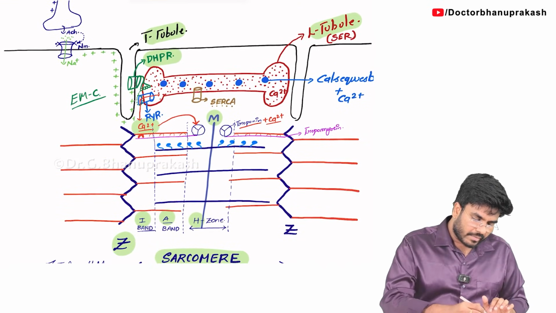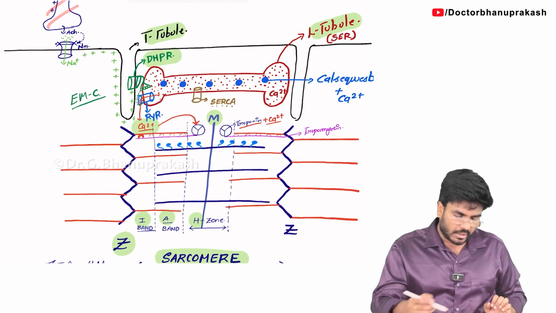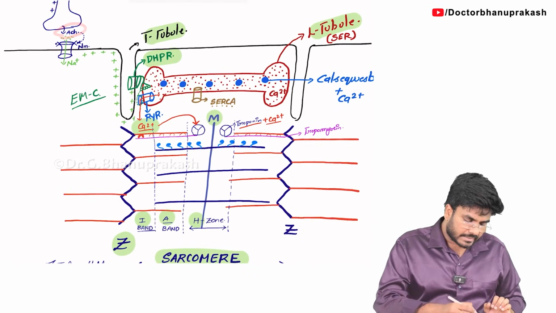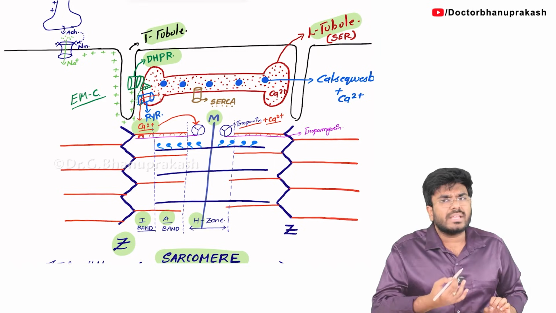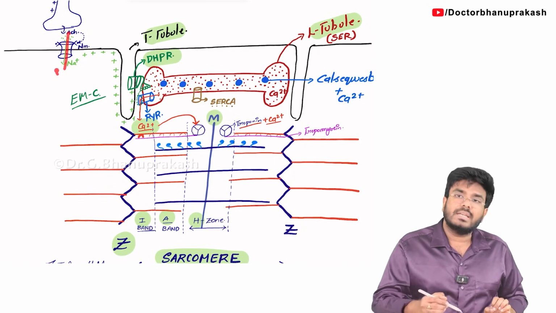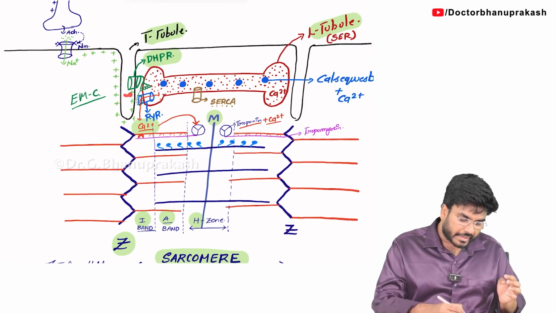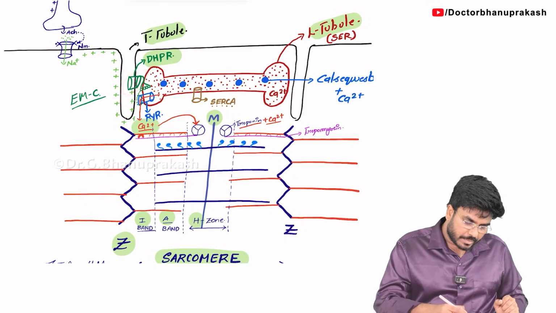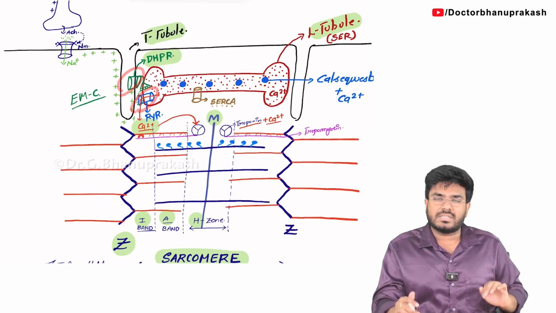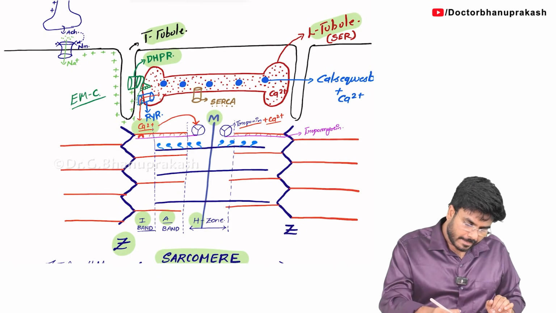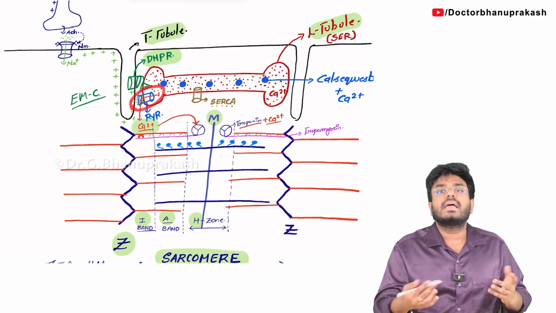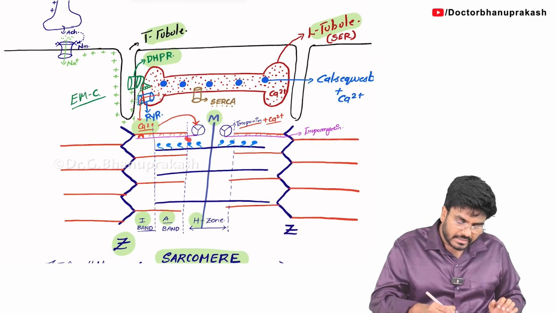Skeletal muscle contraction. Whenever the lower motor neurons or the alpha motor neurons release acetylcholine, it acts on the NM receptor or acetylcholine receptor. Sodium will come into the cell, causing the muscle to undergo depolarization. The depolarization is detected by DHPR channels. DHPR channels mechanically open RYR channels. RYR channels will release calcium. Calcium comes and binds with